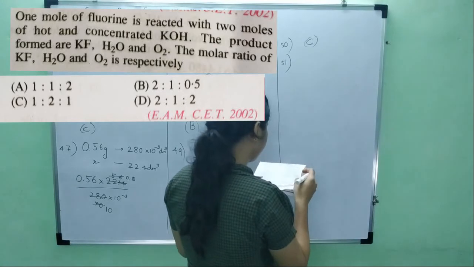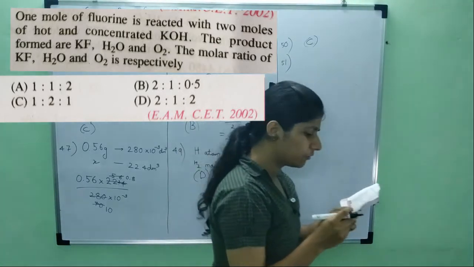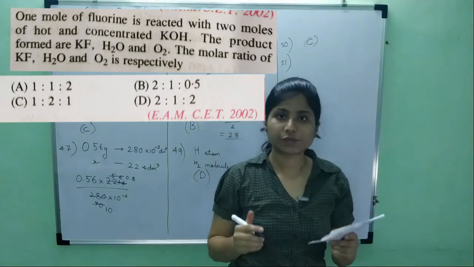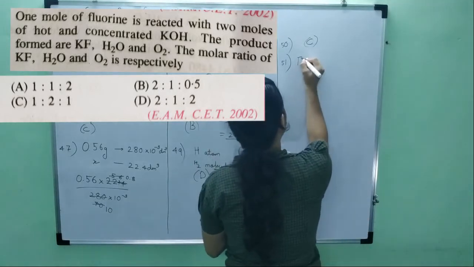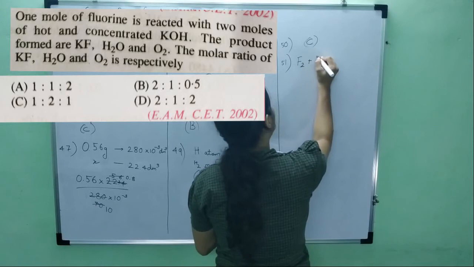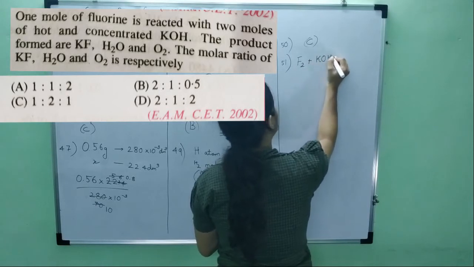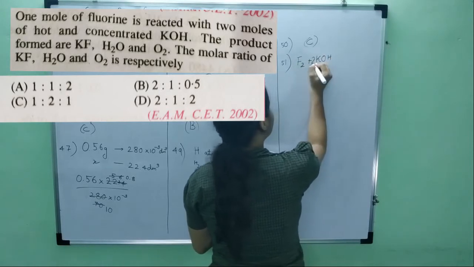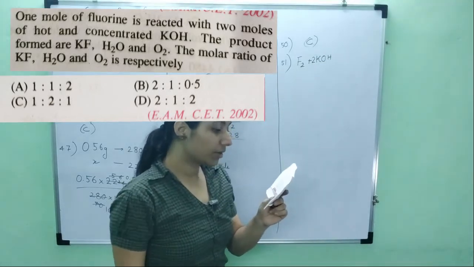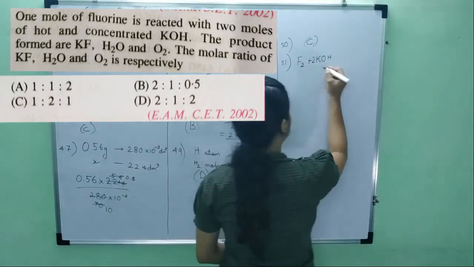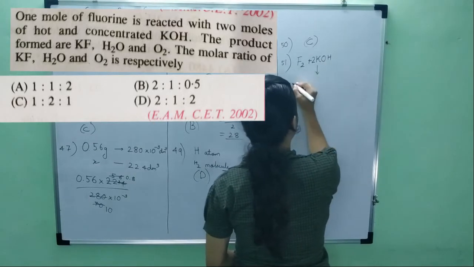So the next question is what? 1 mole of fluorine is reacted with 2 moles of hot concentrated KOH. So as I listen about the reaction, I'll first write what the reaction is. So 1 mole of fluorine reacts with 2 moles of hot concentrated KOH. The products formed, they have also given the products. What are the products formed? The products are KF,